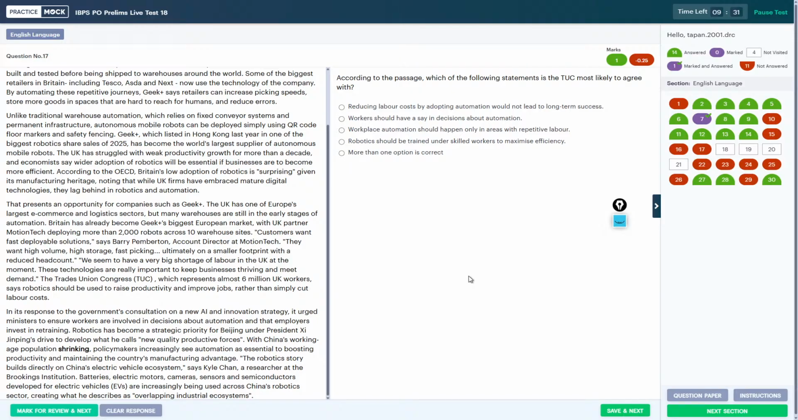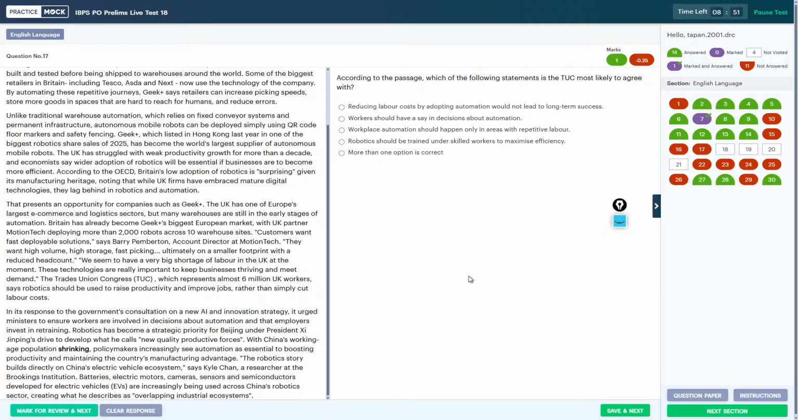In its response to the government's consultation on a new AI and innovation strategy, it urged ministers to ensure workers are involved in decisions about automation and that employers invest in retraining. Robotics has become a strategic priority for Beijing under President Xi Jinping's drive to develop what he calls new quality productive forces. With China's working age population shrinking, policymakers increasingly see automation as essential to boosting productivity and maintaining the